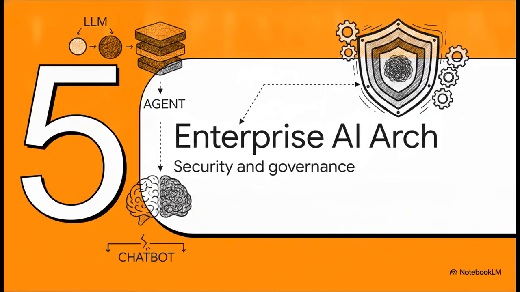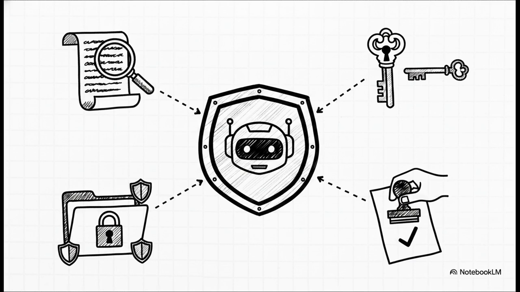Finally, Section 5, the Enterprise AI Architecture, focusing on security and governance. As AI gets smarter and gains more autonomy, moving from LLMs to copilots and agents, our governance and architecture must get correspondingly stronger. We cannot run highly capable agents on a fragile foundation built for a simple chatbot. Because agents interact deeply with your production environment, strict boundaries are required. Clear permissions, data controls, failure handling, and continuous human oversight.